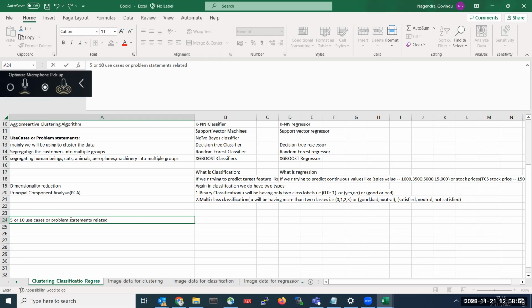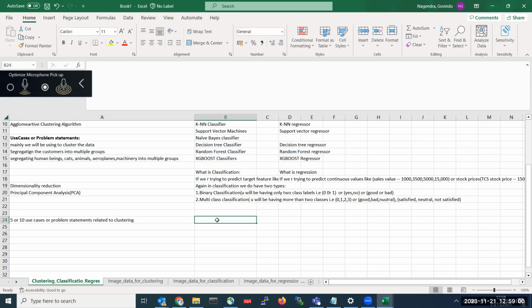5 use cases or problem statements related to clustering. You can refer anywhere, any Google, any ChatGPT. The only thing is you should make a note of the problem statement.